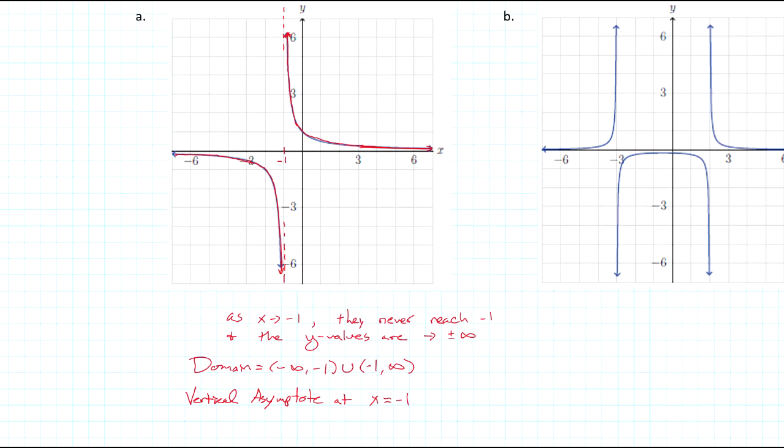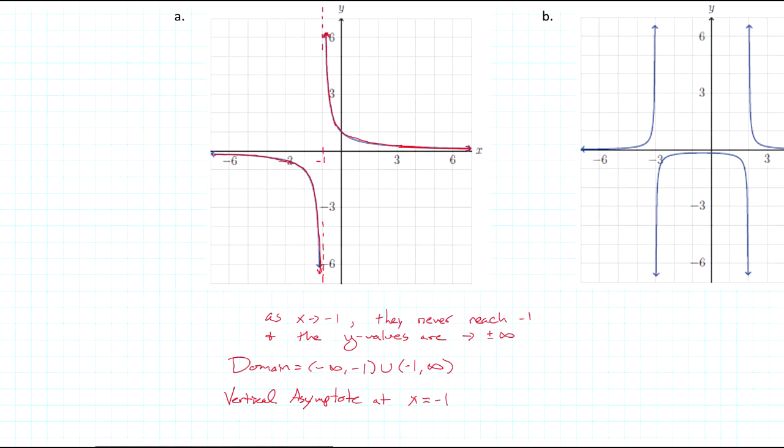So when we see, as x approaches that number, the y values shoot up and down, that we call a vertical asymptote. So let's write that down. A vertical asymptote at x equals some number